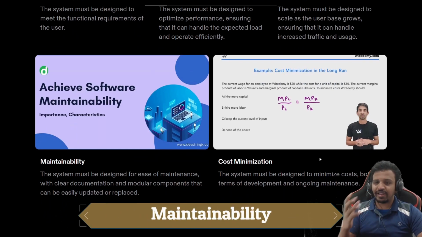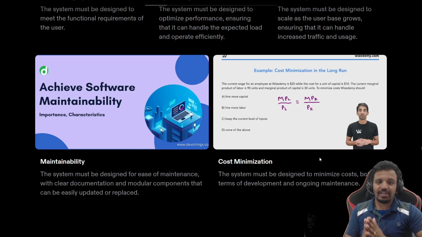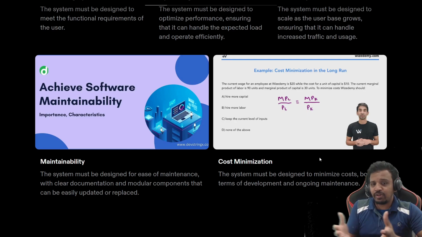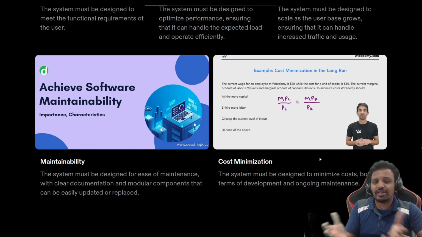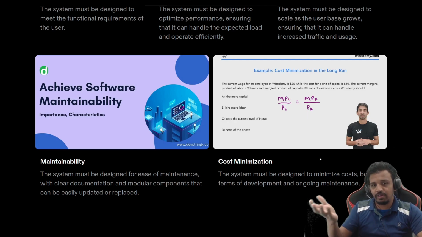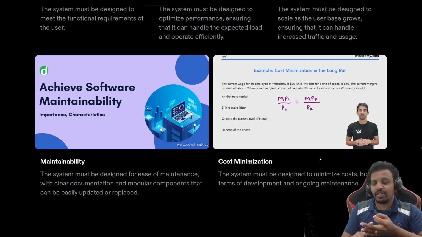Now fourth, maintainability. The system must be designed for ease of maintenance, with clear documentation and modular components. Basically, let's say I'm working on a system, and then someone else is going to take over after me. If he or she doesn't understand what you did so far, then how are they going to run the application? So it's not good. Let's take our example of the house construction, the society construction. Proper internal audits, proper watchman, proper security, everything, and how each thing is working and where we can see everything. Everything should be transparent, everything should be visible.